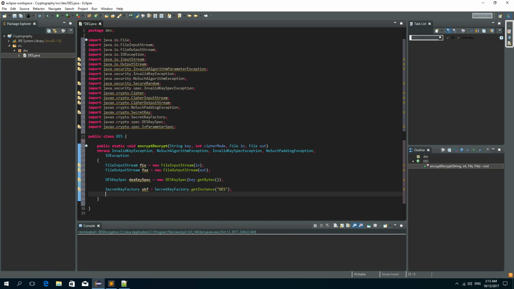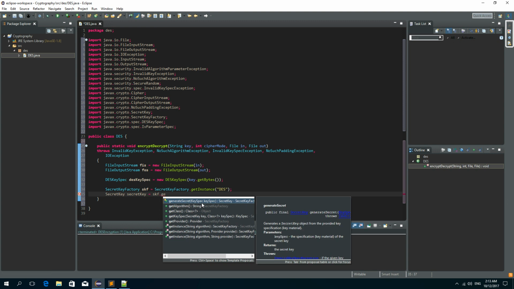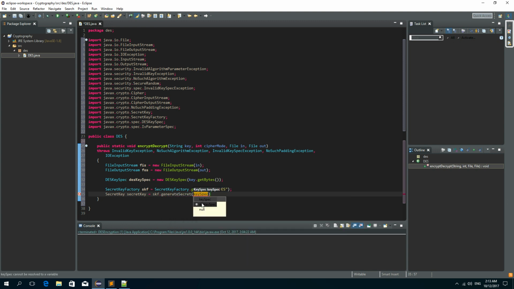Okay, now we need a secret key. So this will be a secret key, and we will create it using generate method from secret key factory object. So skf dot generate secret, and we need to pass the DES key spec as a parameter. Okay,